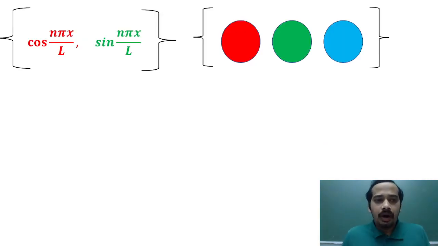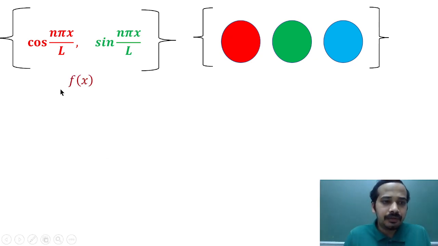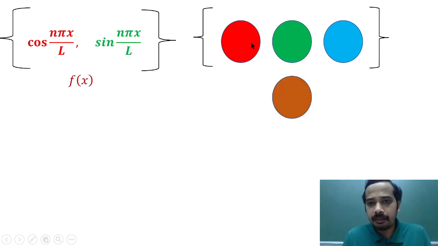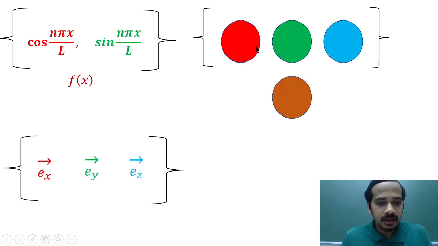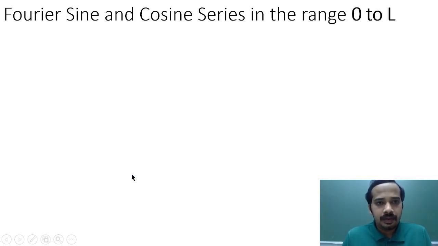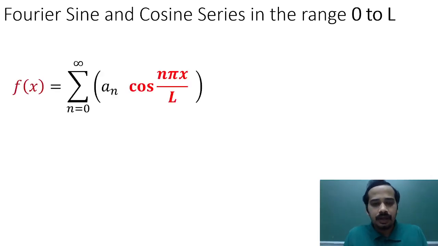So again, this cos(n pi x by L) and sin(n pi x by L) is a kind of base, this will form a basis, and you can generate any other function in terms of them in some region minus L to plus L. This concept is very similar to obtaining any other color by combining RGB, red, green, and blue, and also very similar to obtaining any other generalized three-dimensional vector using three orthogonal unit vectors. Again, we can write Fourier sine and cosine series if we restrict ourselves to the range 0 to L.